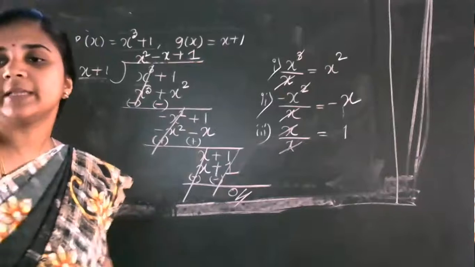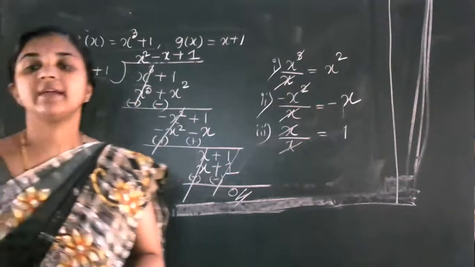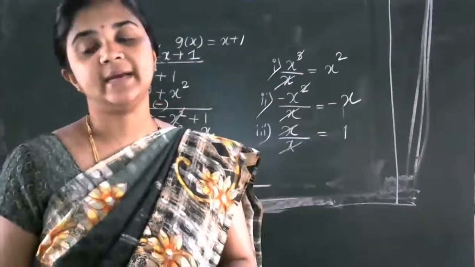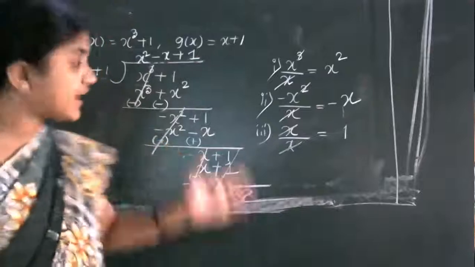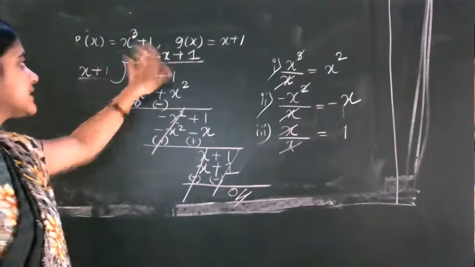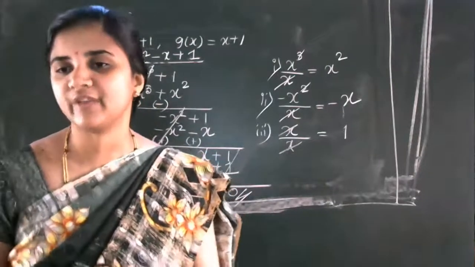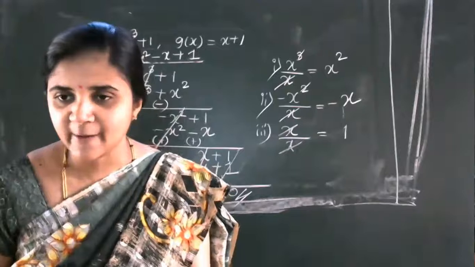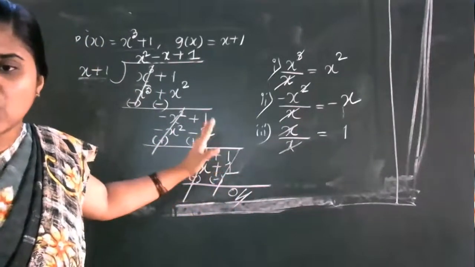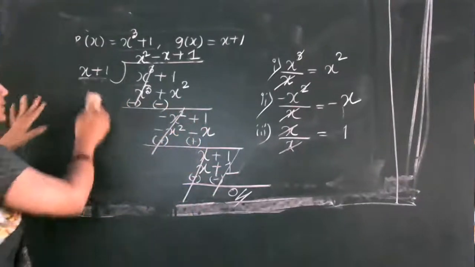I told you in the beginning there is a verification step. Which verification step? Dividend is equal to divisor into quotient plus remainder. We have to check that, whether we are right or wrong. We have got the remainder 0 and the quotient as x square minus x plus 1. Whether our problem is right or wrong, we need the verification part. Can we verify now? For that I want to rub the board. You just keep in your mind the quotient, remainder, dividend and divisor.